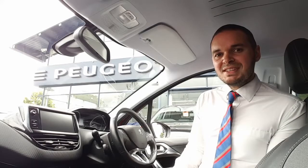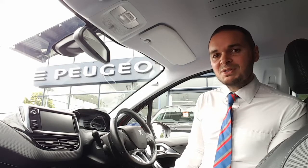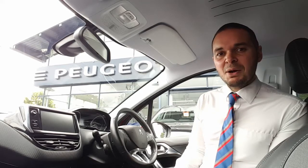This car comes with a 1.6 litre BlueHDi engine that gives you 100 horsepower. It's done under 30,500 miles, and if it's of interest to you, then please get in contact with us at Howard's Peugeot in